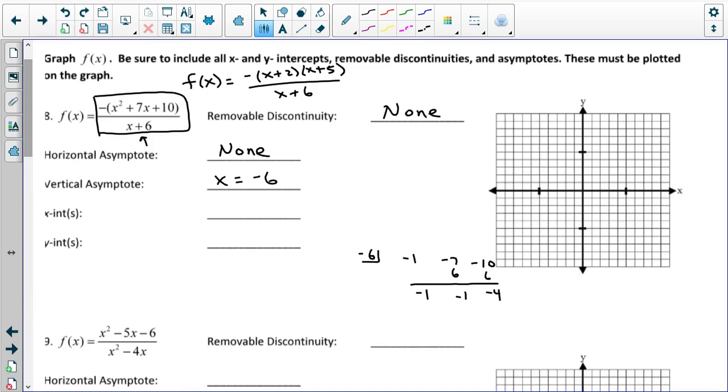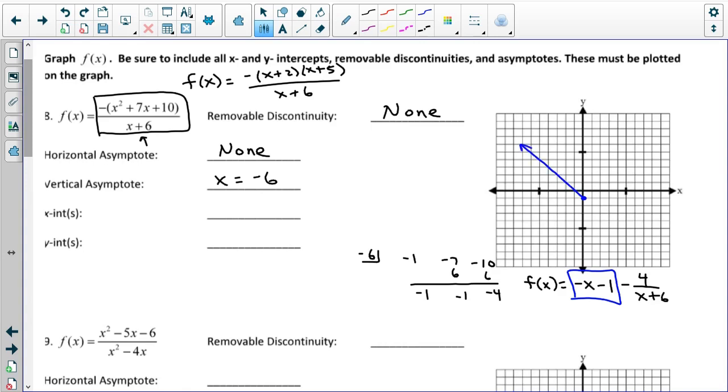So what happens when I divide this out, if I remember back to last chapter, f of x is really equal to negative x minus 1 minus 4 over x plus 6. The oblique asymptote is negative x minus 1. So what that means is as the graph goes toward negative infinity and positive infinity, this is really going to look like